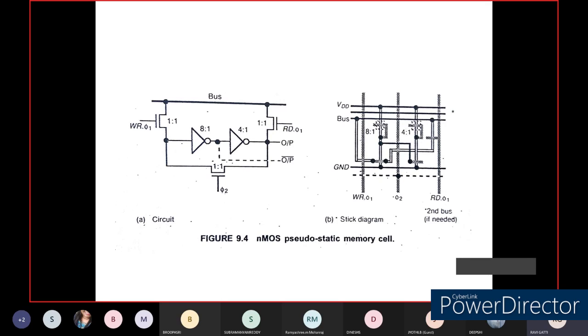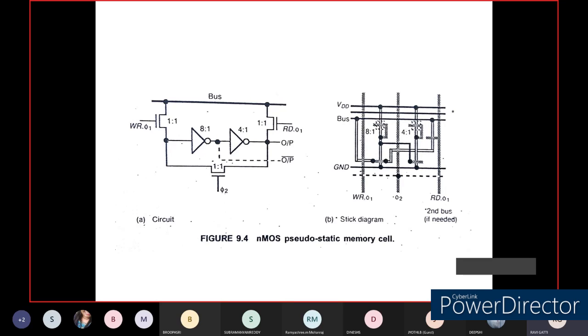So what is the difference between a static memory cell and a dynamic memory cell? In the dynamic memory cell, the clocking signals will be dynamic, depending upon the clock frequency we are going to use. Whereas in the case of the pseudostatic memory cell, the value you write is static. It will not change once the data has been written onto the memory cell, that is, it will not be changed for the entire lifespan of the memory cell. So we call it a static memory cell.